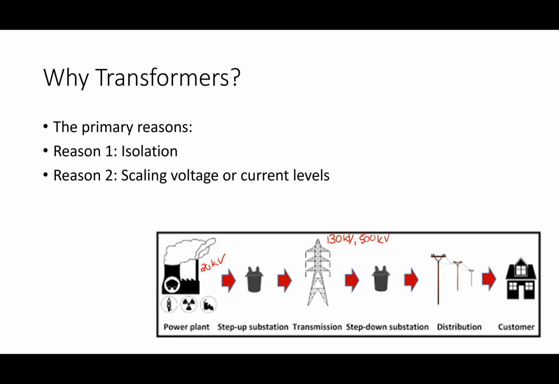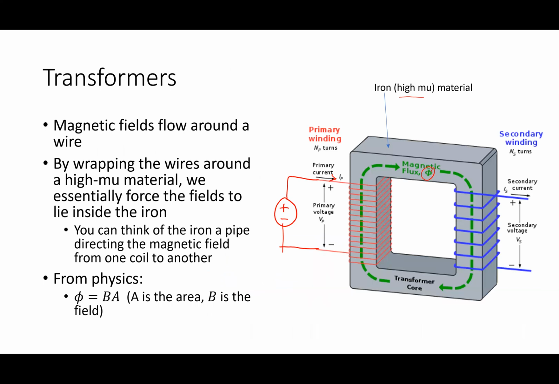So I scale those voltages up and down a lot. That's one reason. The other is isolation. Okay. What do I mean by isolation? Well, think about this. These are two separate circuits, right? So I could have a resistor over here. Basically, there's a voltage that's created coming out of this coil, right? If you just take an oscilloscope and hook it up to the secondary coil with no load, there's a voltage there, even though there is no voltage source. Basically, there's a voltage source on the primary, but there's not a voltage source on the secondary. The secondary is acting like a voltage source, okay?